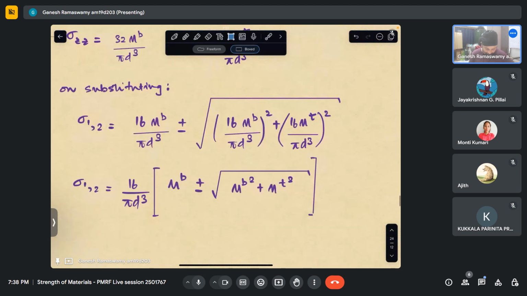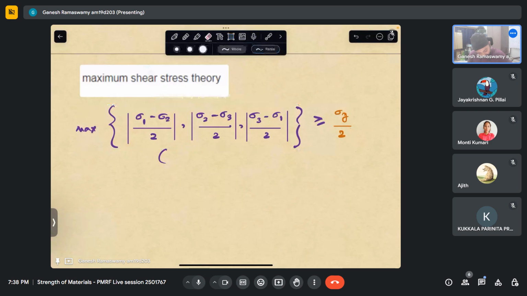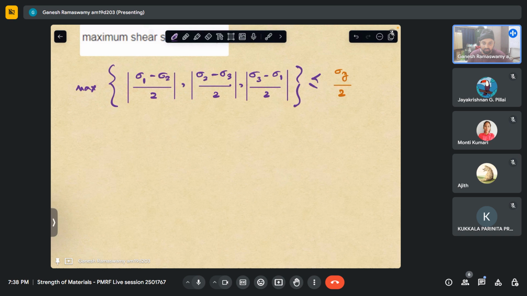And except there we were talking about failure, here we're talking about safety, so it should be less than or equal to this for it to be safe. So if we look at our values, what will govern is sigma 1 minus sigma 3, actually it will just be half. So this will be sigma 1 by 2 less than or equal to sigma y under uniaxial tension by 2 into the factor of safety, which also happens to be 2. So therefore,